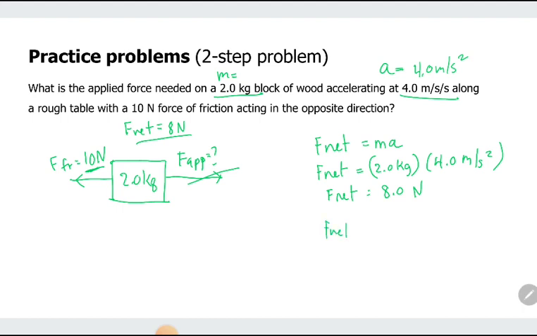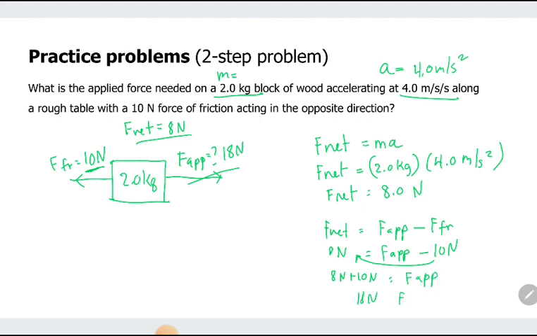So net force is equivalent to applied force minus frictional force. Okay, just by logic, we know that the answer would be 18, but still, let's show the computation. Net force is 8 newtons, applied force is the unknown, frictional force is 10 newtons. Put this on the other side, plus 10 newtons, so applied force is 10 plus 8, which is 18. Okay,